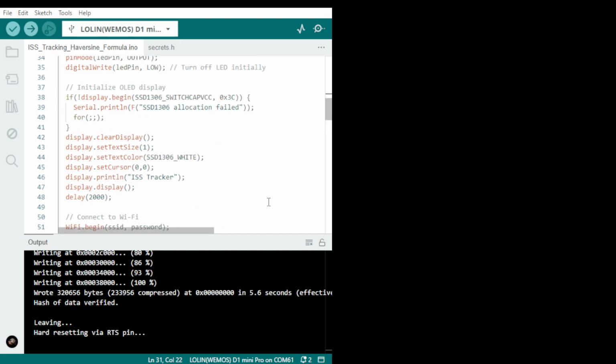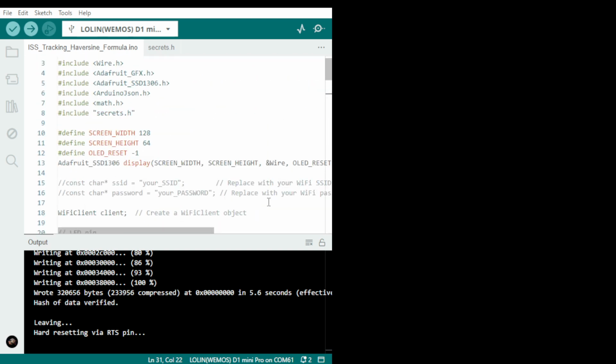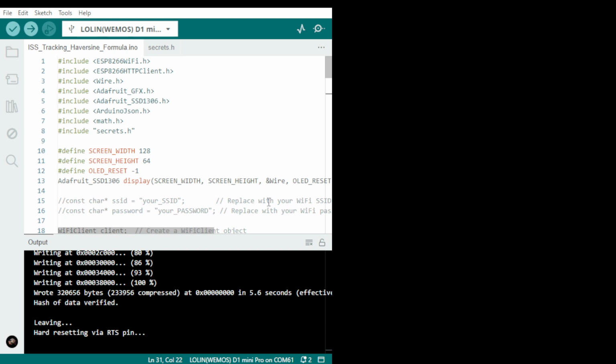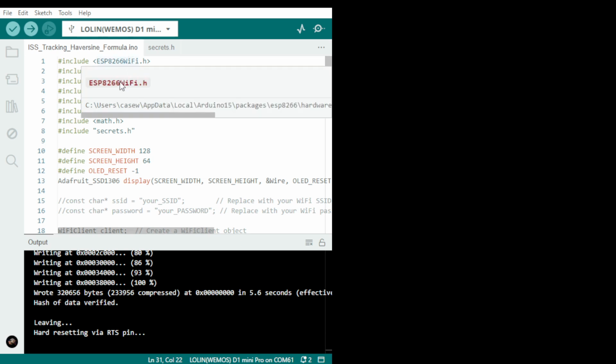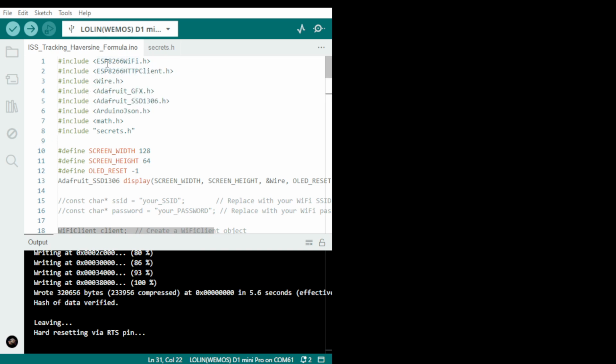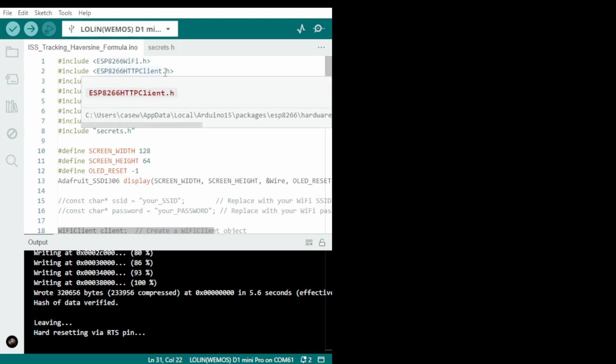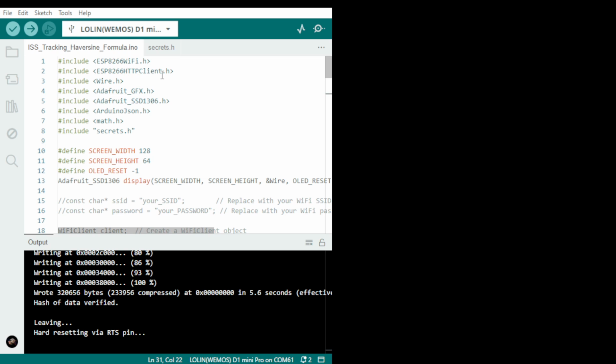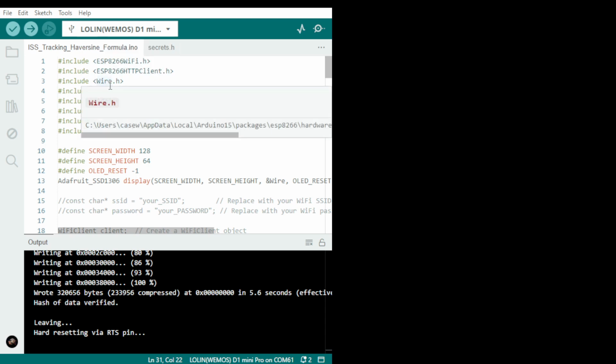Right. Just don't forget, it uses Wi-Fi. Okay, so I'm not going through that. And it's an ESP8266 Wemos Mini Pro. And this is the library you should use. It's obviously the WiFi and the HTTP client, because it's using an API function. I don't have the API key, but I don't need it. It just accesses the internet via